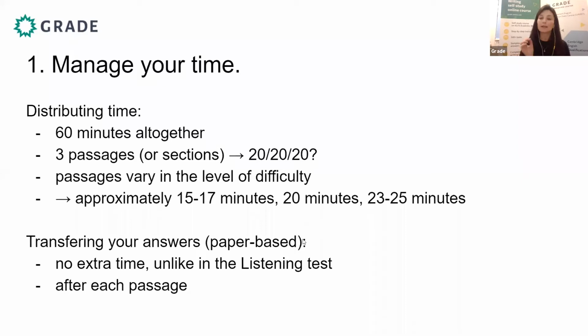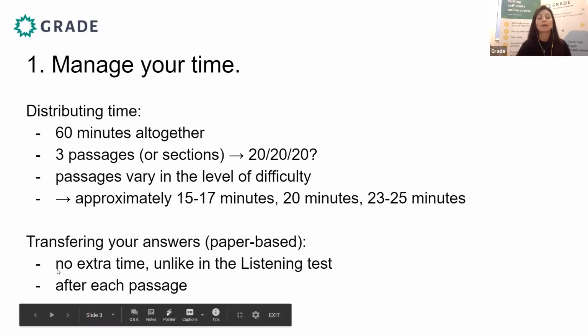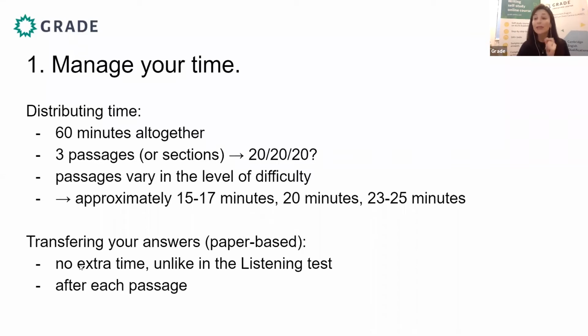Yeah, if this is a paper-based test, there is one more tip in terms of time management. This is connected with the fact that in the IELTS reading test, you don't have any extra time to transfer your answers onto the answer sheet. Once again, for those who have just joined, we are talking about the paper-based test. So there's no extra time to copy your answers from the booklet onto the answer sheet,